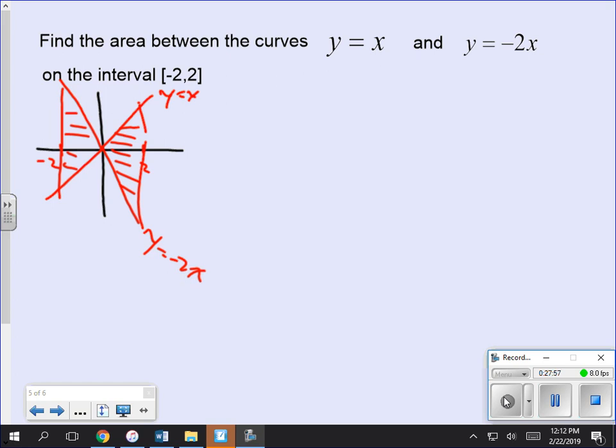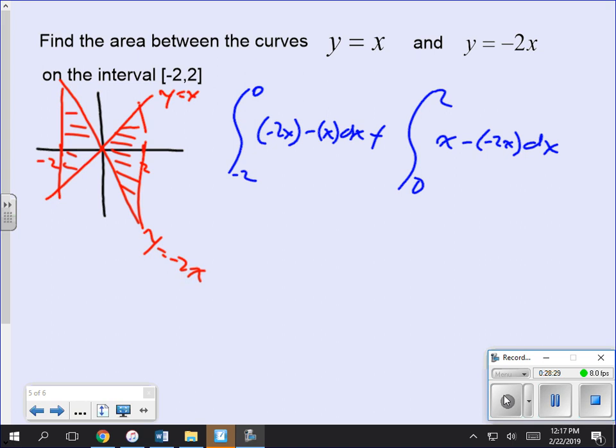Okay. Go ahead. Find the parts. Okay. So, if you look at this, you have the integral from negative 2 to 0 of negative 2x minus x dx plus the integral from 0 to 2 of x minus negative 2x dx, which is the integral from negative 2 to 0 of negative 3x dx plus the integral from 0 to 2 of 3x dx,